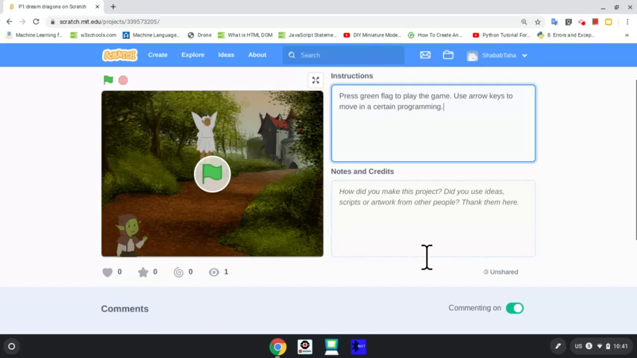Notes and credits. Notes and credits is only about how you made this project, from where you got the ideas. Maybe it's your original idea. For example, this is one of the original ideas of my son actually. And how did you make this project? Did you use ideas or script or artwork from other people? And you must thank them there. It's courtesy, it's being polite, it's one of the etiquettes. If you're taking an idea from somebody, there's no harm in giving that person a credit. You can easily say,